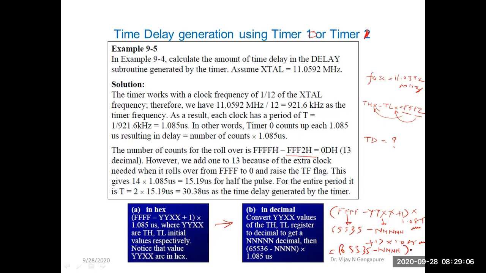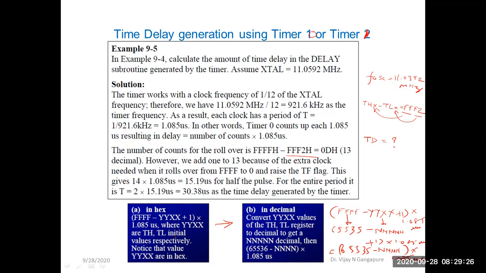Okay, and this is multiplied by 1.085 microsecond. So this is the formula, 65536 minus n multiplied by 1.085 microsecond. This formula you can use to calculate the time delay that will get generated by timer 0 or timer 1 if we use it in mode 1, and